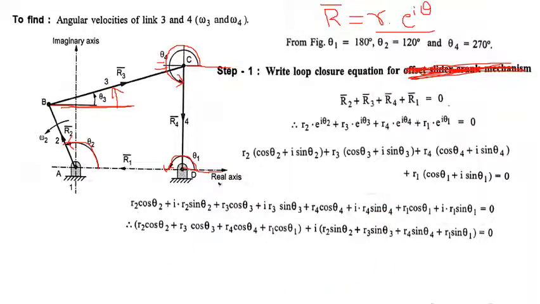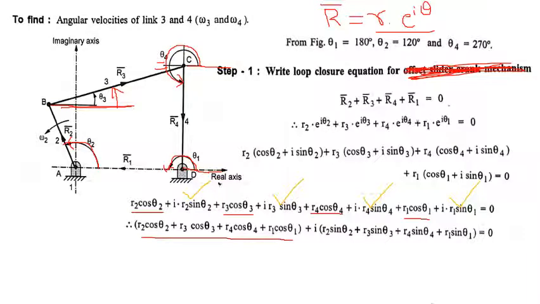In the above equation, this is a real part, this is a real part, this one is real, and this one is real. So we have four real parts. Write them separately in a bracket. Next, identify the imaginary parts. This is an imaginary part because it has the i term. Here also this is imaginary, this is the imaginary one, and this is the imaginary part.